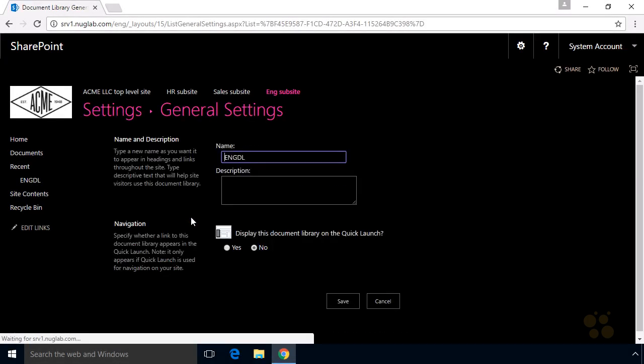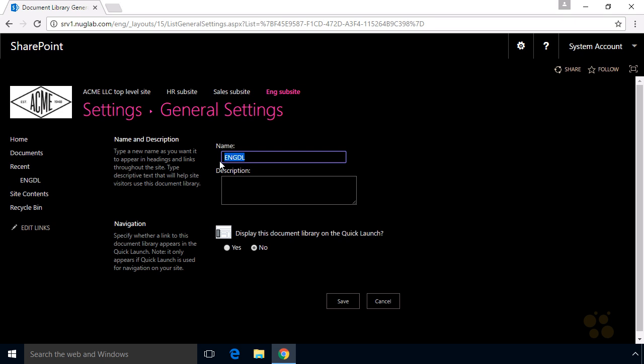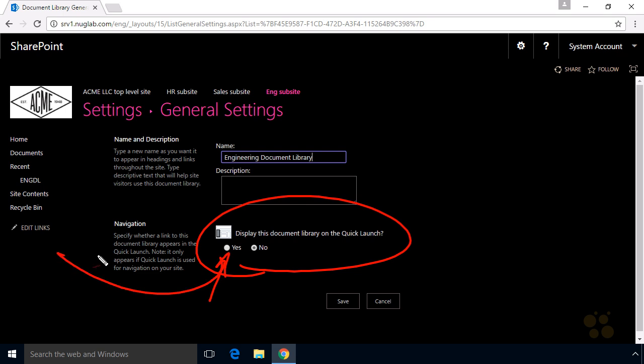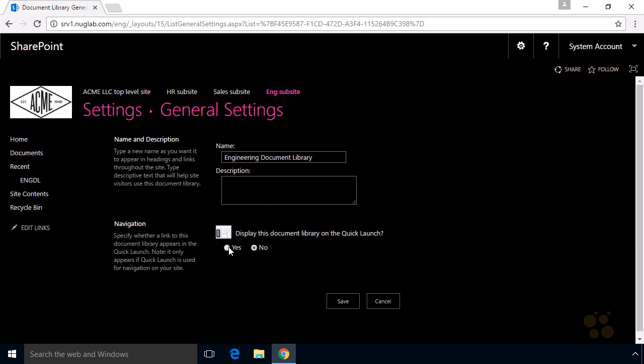for list name, description, and navigation, here's where we can change the actual name it'll look like as users connect to and go to this document library. So here we could call it Engineering Document Library. And also it's right here where we could very easily add a quick launch menu item for this document library to the engineering subsite by simply clicking on that radio button, which I like to do as well. So we'll go ahead and click on Yes to display this document library on the quick launch